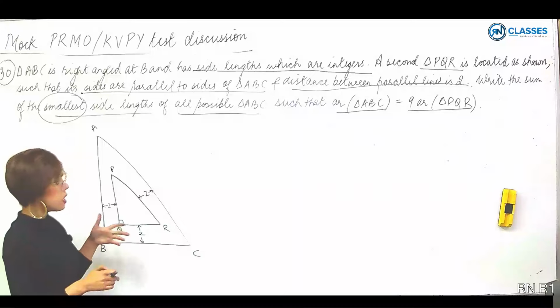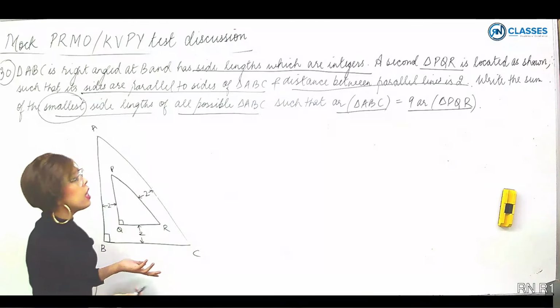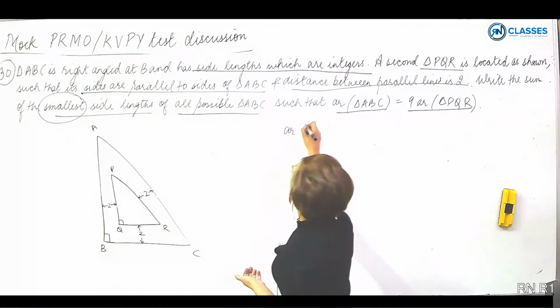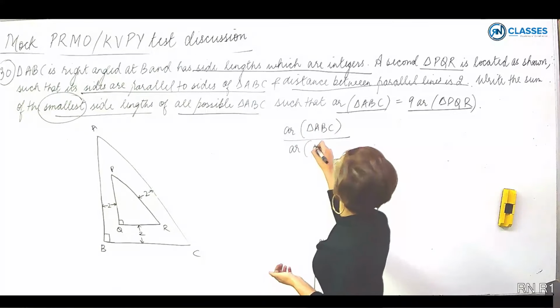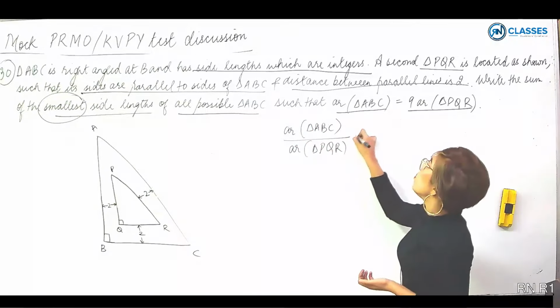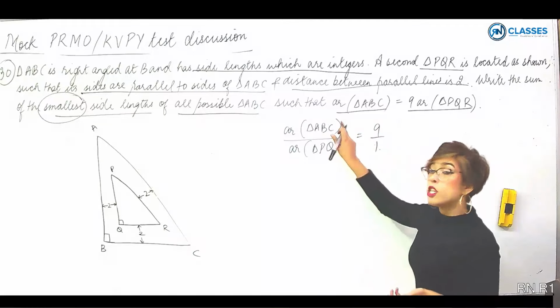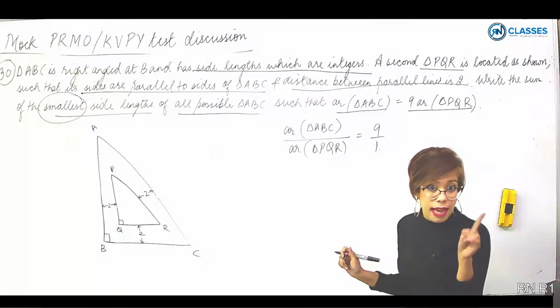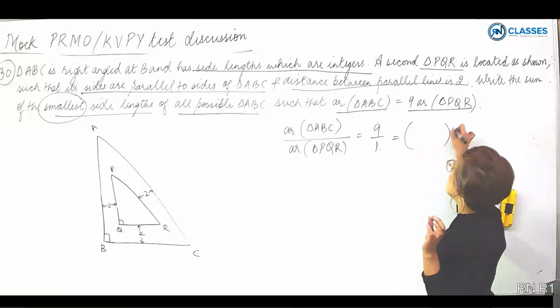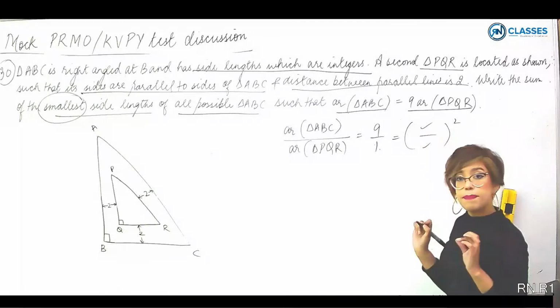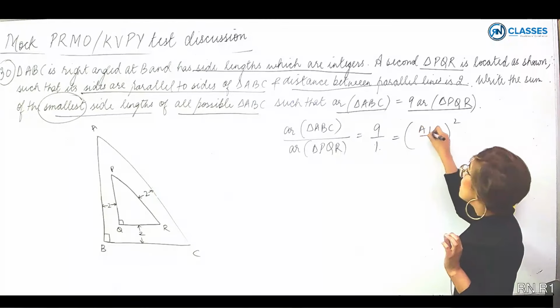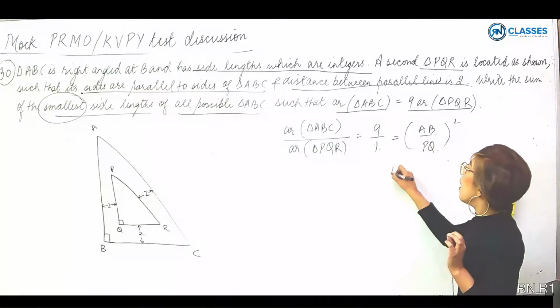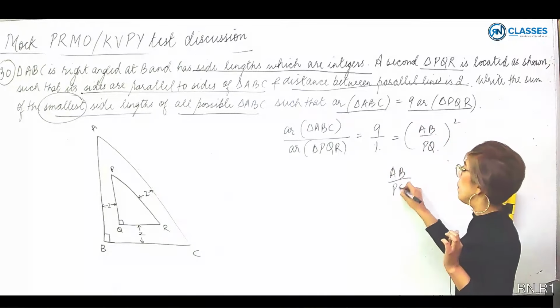Now, these two triangles are clearly similar, right? Now, if area of triangle ABC over area of triangle PQR is given to be 9:1. Ratio of the areas of similar triangles is the square of the ratio of the corresponding sides, right? So that means the ratio of the corresponding sides will turn out to be 3:1,